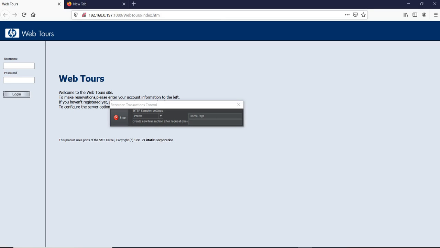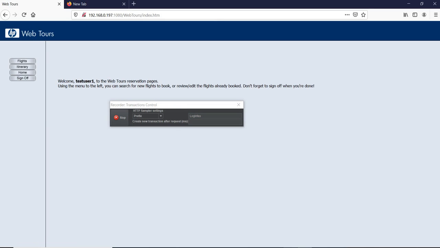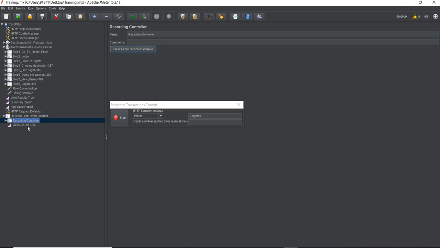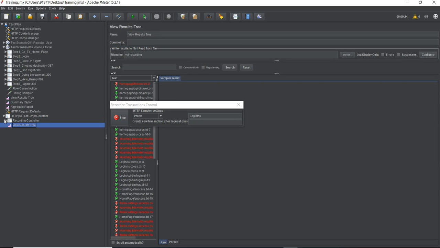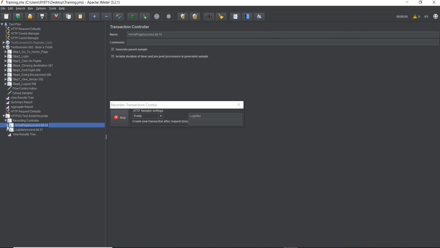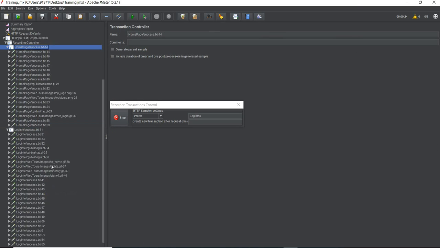This gives me our home page, and then I log in via test user and click on login. Now you see again that you got both the requests, home page and login.